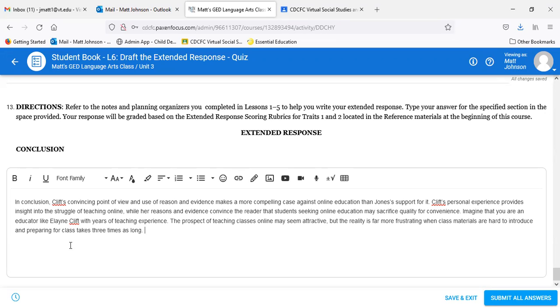And then I use that sort of reaction, sort of putting the reader into that space of online education. So I say, imagine that you are an educator like Elaine Cliff with years of teaching experience. The prospect of teaching classes online may seem attractive, but the reality is far more frustrating when class materials are hard to introduce and preparing for class takes 3 times as long. Right, so just punching in that idea that, okay, there's maybe a strong case here that